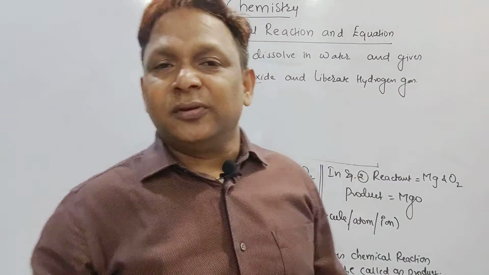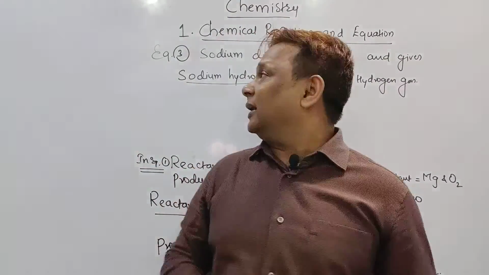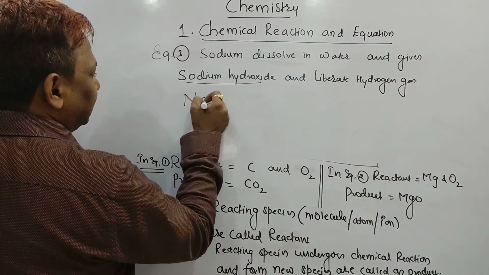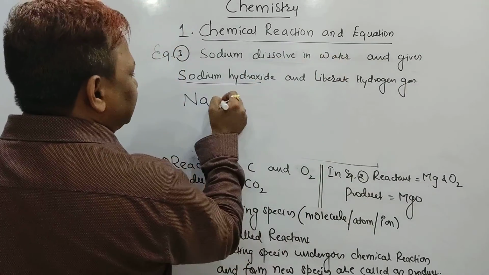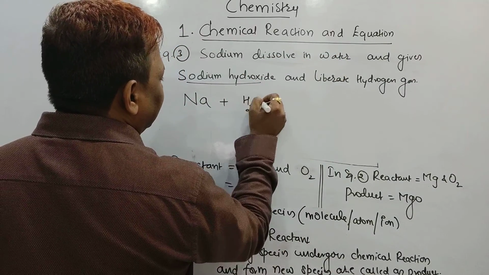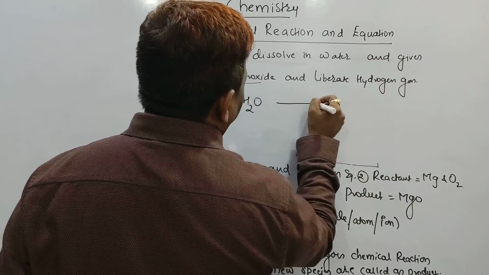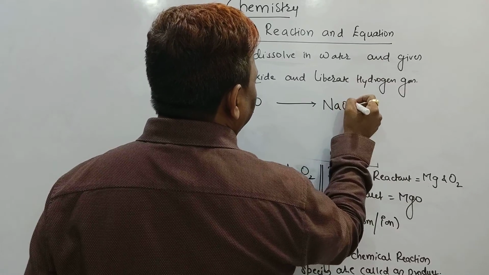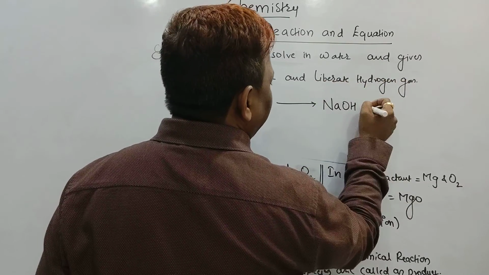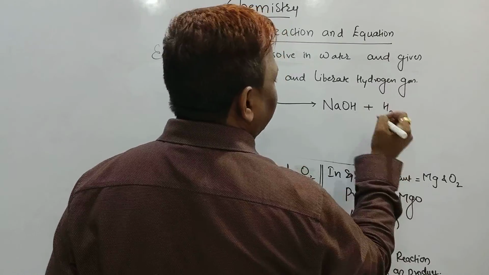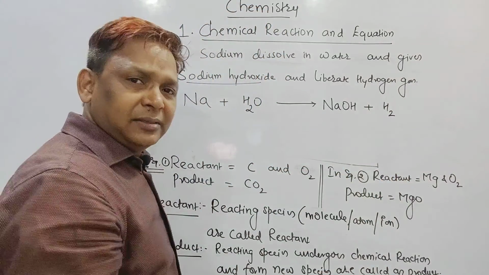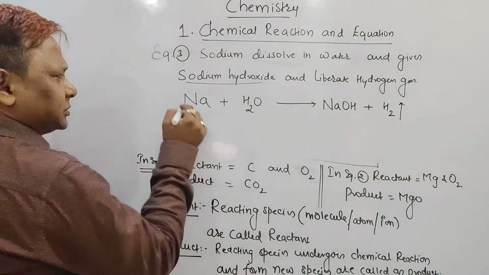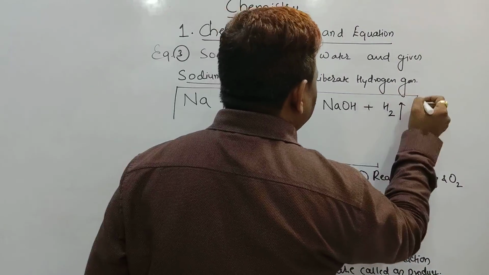But now this equation which we wrote here is sodium, right? Sodium means the symbol of sodium is what? Na. I'll write here Na. But dissolves in water means plus water, and gives means arrow, sodium hydroxide. But what is the symbol of this compound? NaOH. And liberates hydrogen gas means it liberates H2 gas. But any gas which is liberated in the reaction should be shown with an upward arrow. Anyhow, it is not the balanced one, but I will teach you the balancing part afterward.